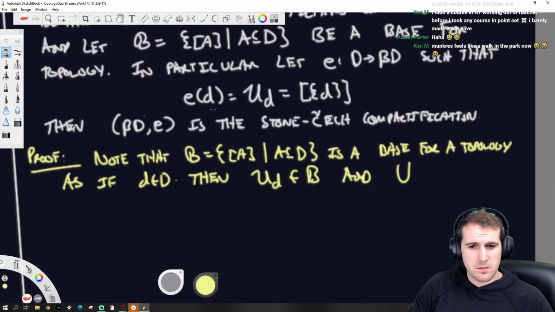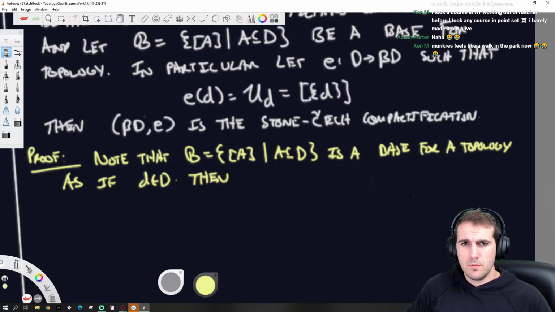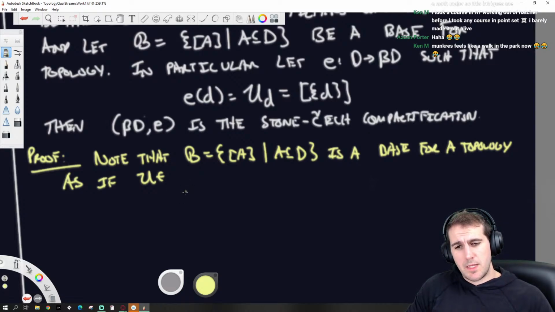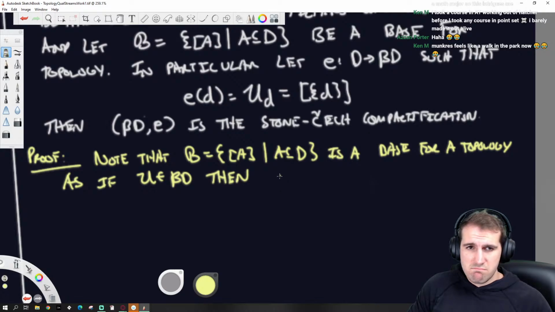I guess I need to be more particular. So if it's a base for topology, as if U is an ultrafilter in beta D, then the empty set is not within.